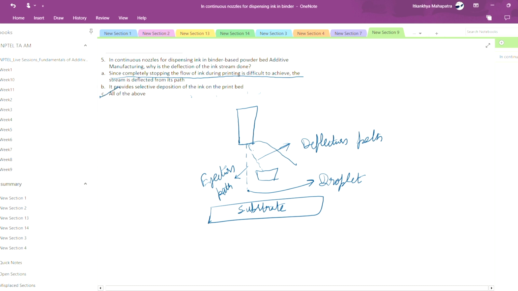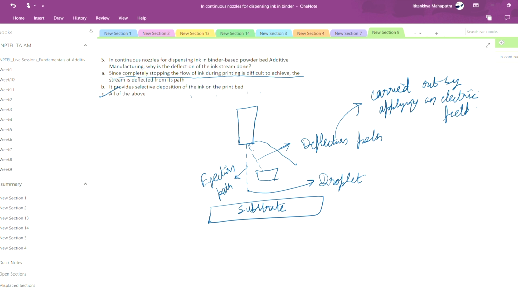So the correct option is all of the above, but it is not used for drop on demand dispensing of ink. This deflection is carried out by applying an electric field, and it is not used